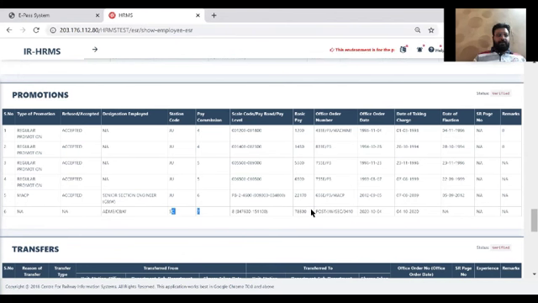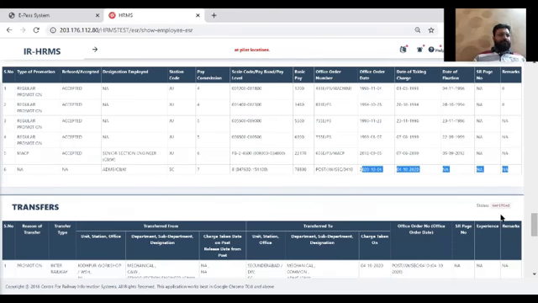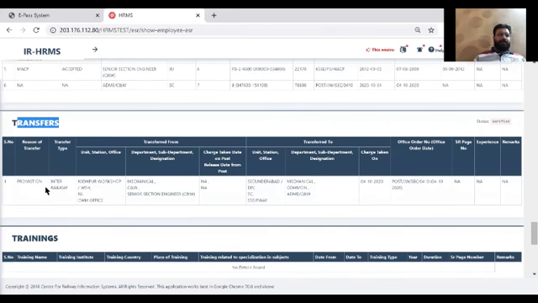And the office order number that we have created just now, that is the posting order. Against this posting order, we have done the entry, office order date, date of taking charge, and everything is here. Now we'll come to the transfer order. In the transfer order, the reason for transfer is promotion, type of transfer is inter-railway. Transferred from is Jodhpur workshop, CWM office. Department designation was senior section engineer, and transferred to the new unit, Secunderabad division, SC station, SSCPV office, and mechanical department, CN common sub-department, ADME is the designation.